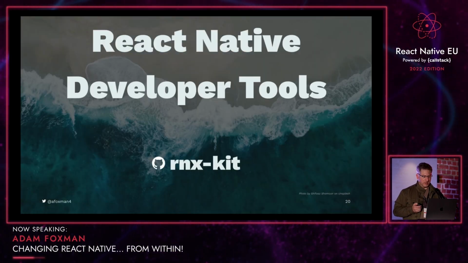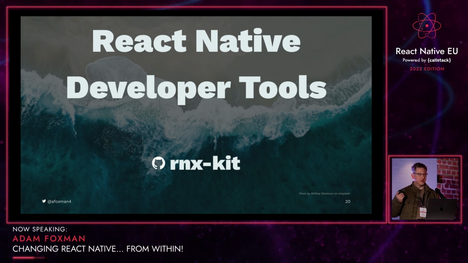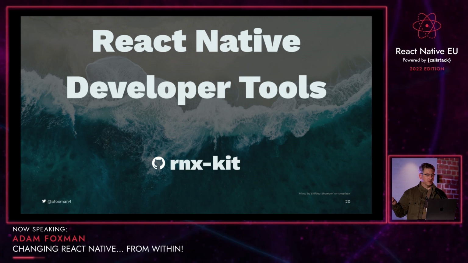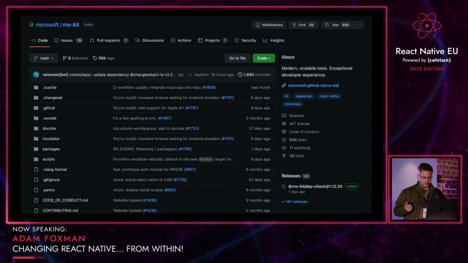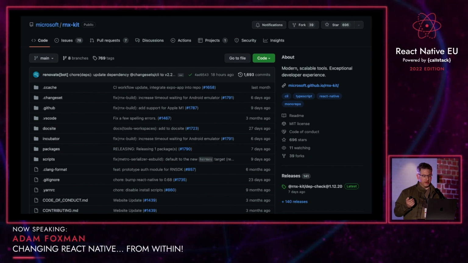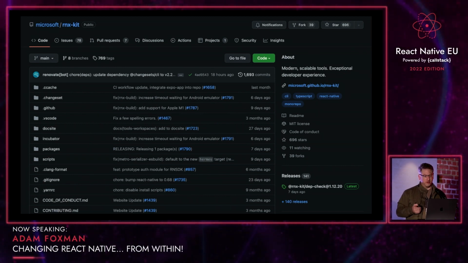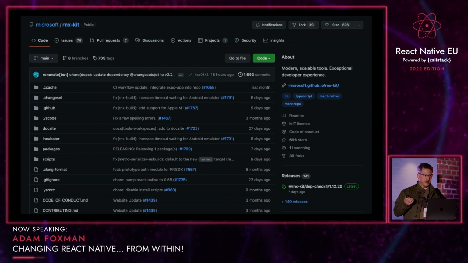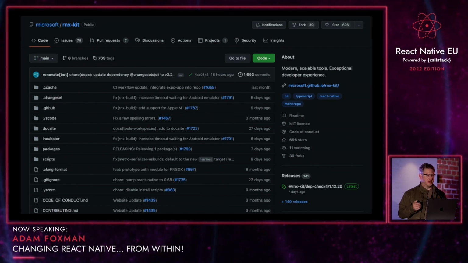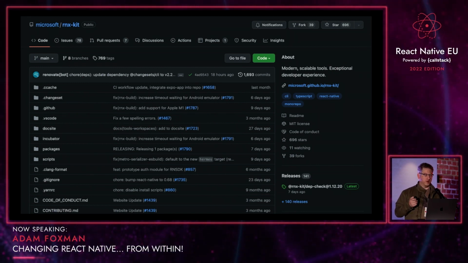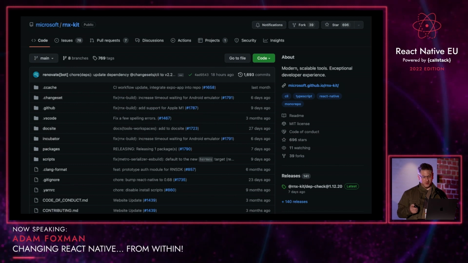And so one of the things that we're doing at Microsoft is we're building a set of React Native developer tools that we call RNX Kit. And this is a repo that we made about 1.5 years ago. There are 3 of us working on it, so it's a funded project. And so far, we have about 30 release packages. There are 5 incubating packages, things that we're working on that aren't quite ready to escape yet. We have 2 test apps,